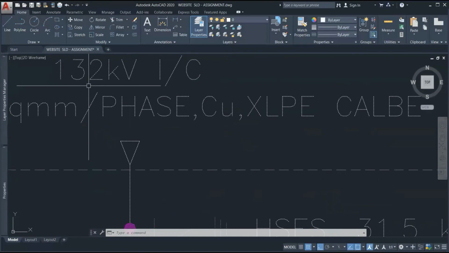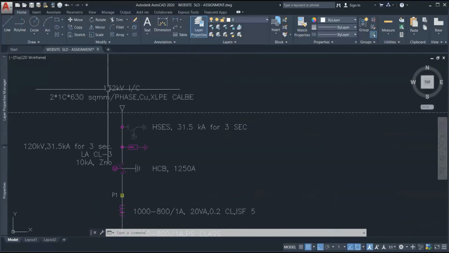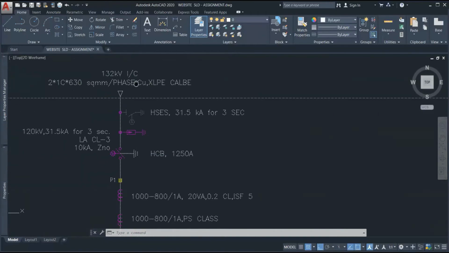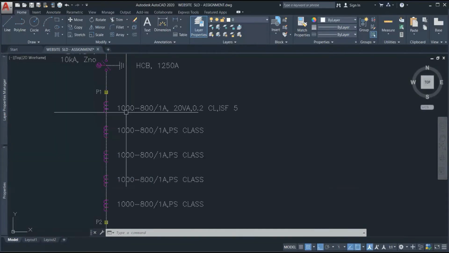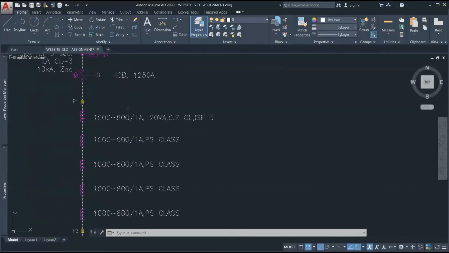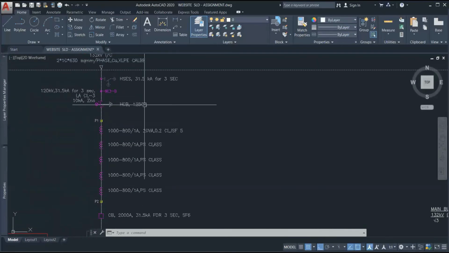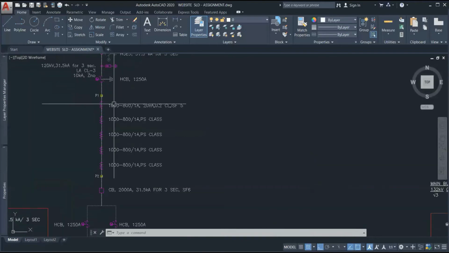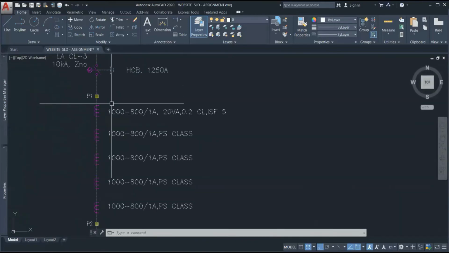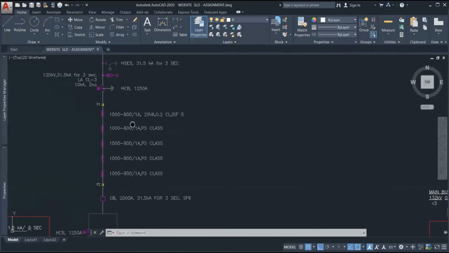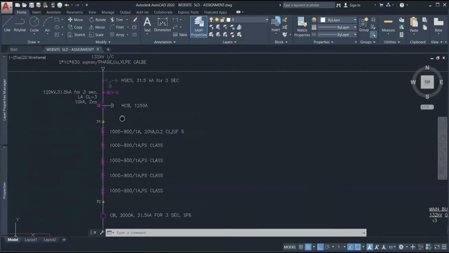There are 132 kV, two number of 132 kV lines coming. Both of those lines are exactly the same, so we are not going to make those lines again and again. I've made a block of that. What is a block? I'll proceed with that later on.